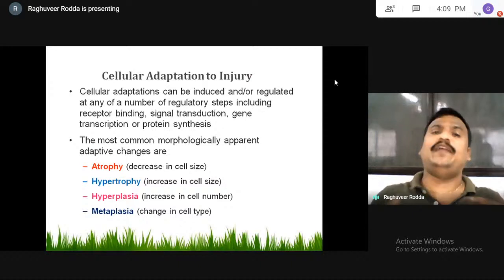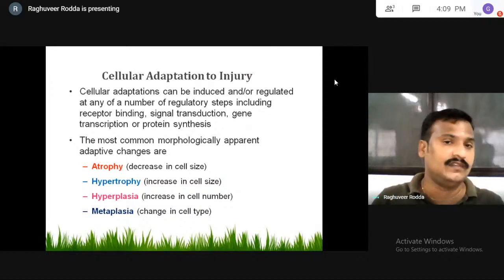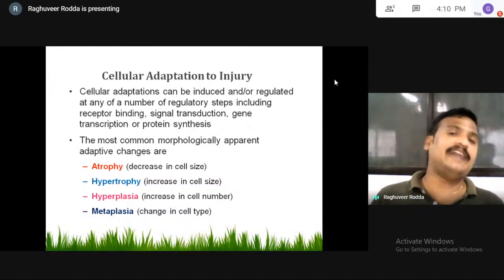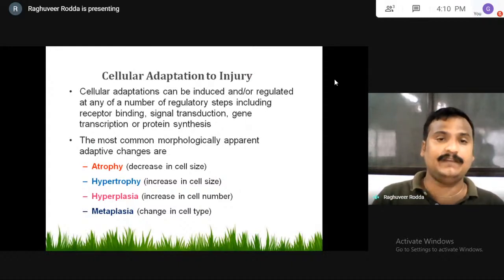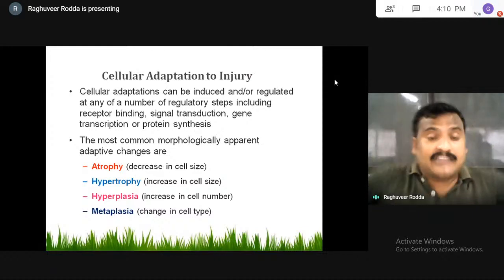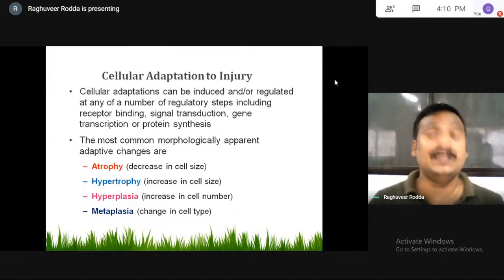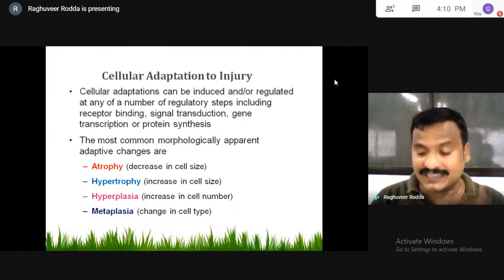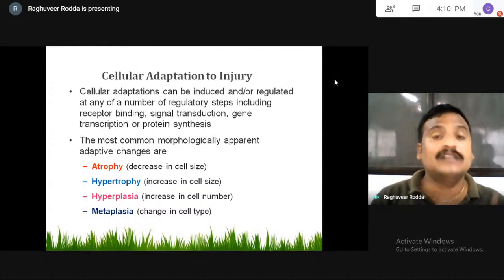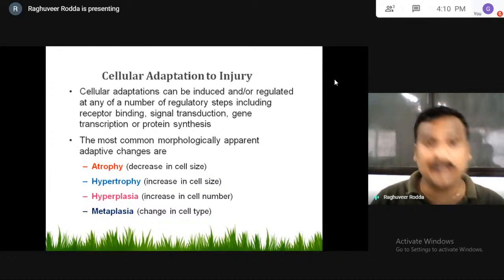Okay, as it is a very vital structure, a very vital component of the human body, to maintain its viability it tries to maintain its structure and at least its activity by adjusting to the changed environment to produce a new steady state. That steady state condition is called cellular adaptation, the cell's adaptation towards the injurious condition.